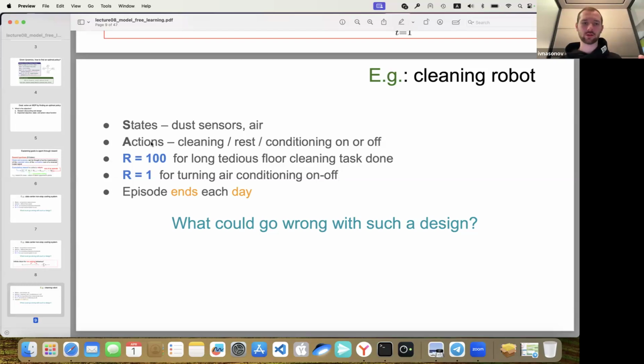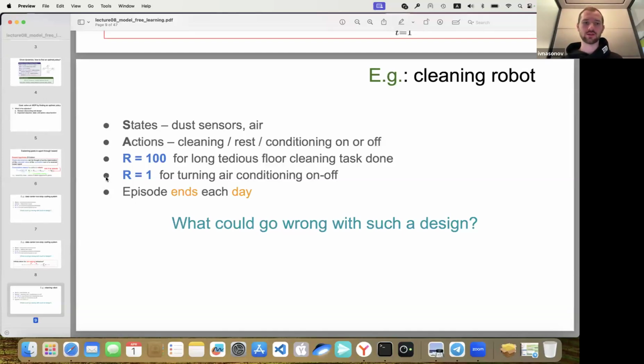It can also receive the reward 100 for a long tedious floor cleaning. But turning the air conditioning on and off takes one second, so in 100 seconds, which is less than 2 minutes,